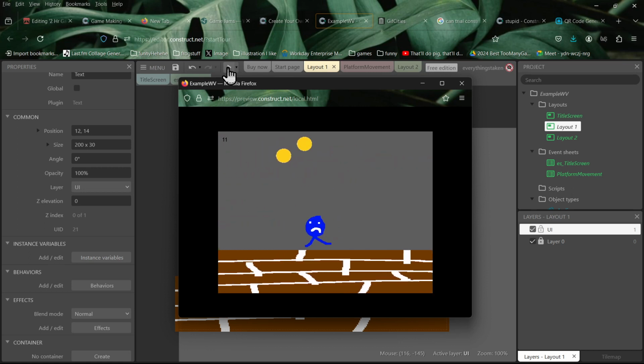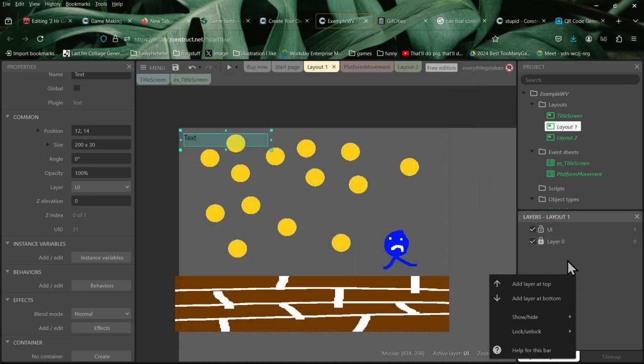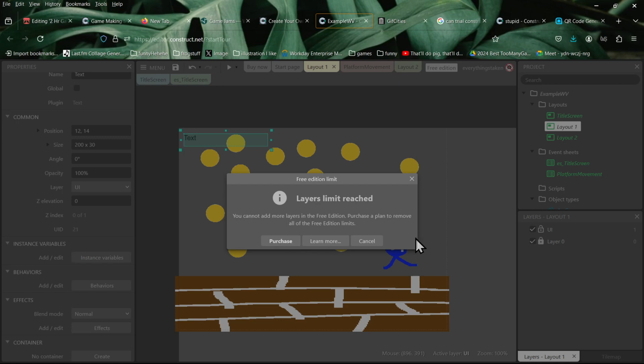So the big thing here, maybe to answer your question, is just make a new layer, a UI layer, set the parallax to 0, 0, and then it should follow. I mean, it's not following, it's just not scrolling, right? How do I make a UI layer again? You just right click on the layer layout and add to the top. Oh, and then yeah, maybe one other. This will be the last thing I should. No, layer limit reached.